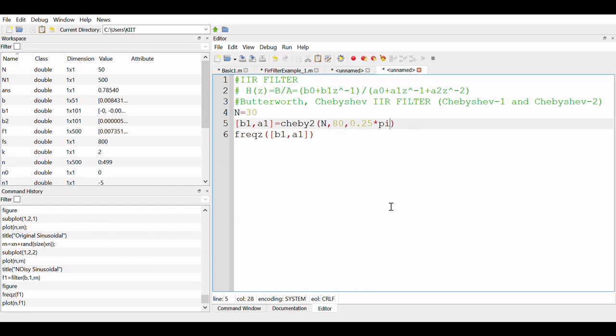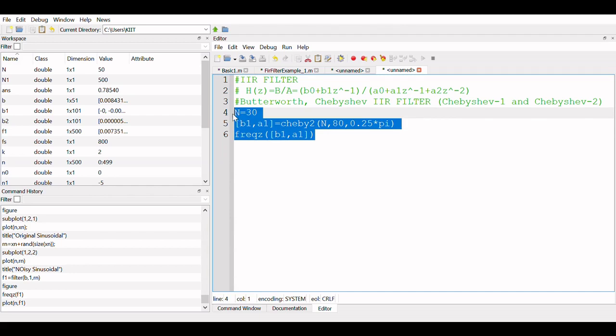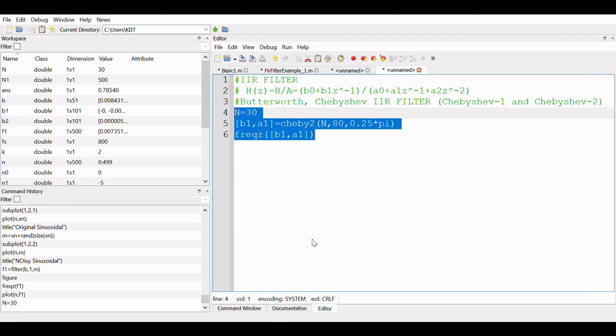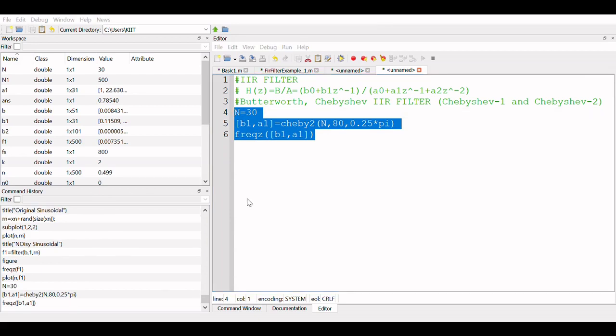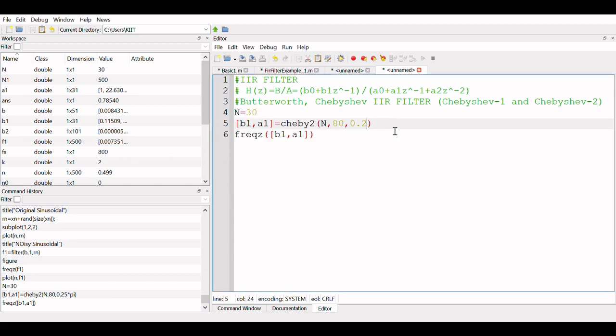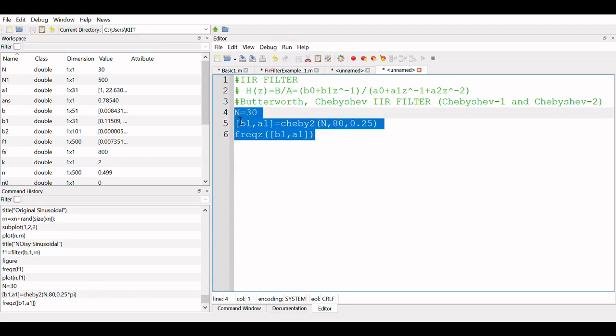If I am going to write it as low, let me show you. So if I am running this selection, now you can see this is basically a low pass filter with 0.78 around cutoff frequency. So let me change it to 0.25. By default it is going to take it as 0.255.